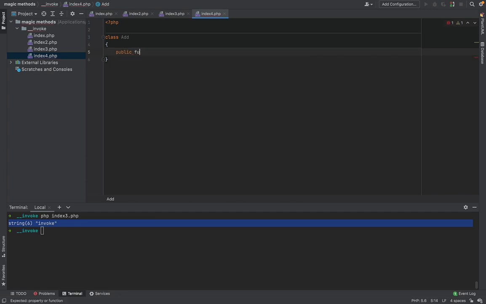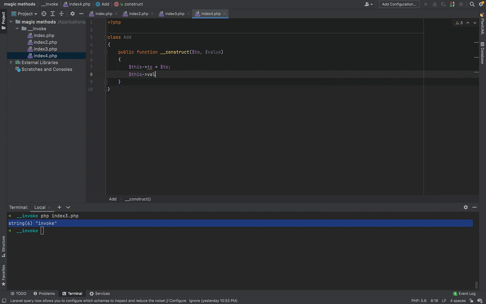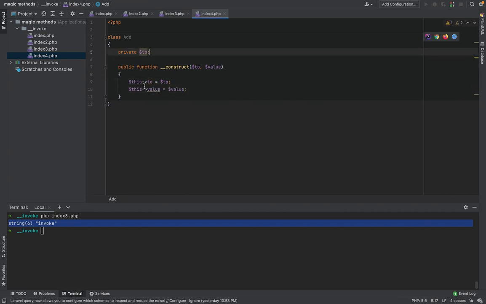So if I say function and I use the construct here, I have 2 and I have value, and here I say this 2 is equal to 2 and this value is equal to value. That's simple. That's what we had before.